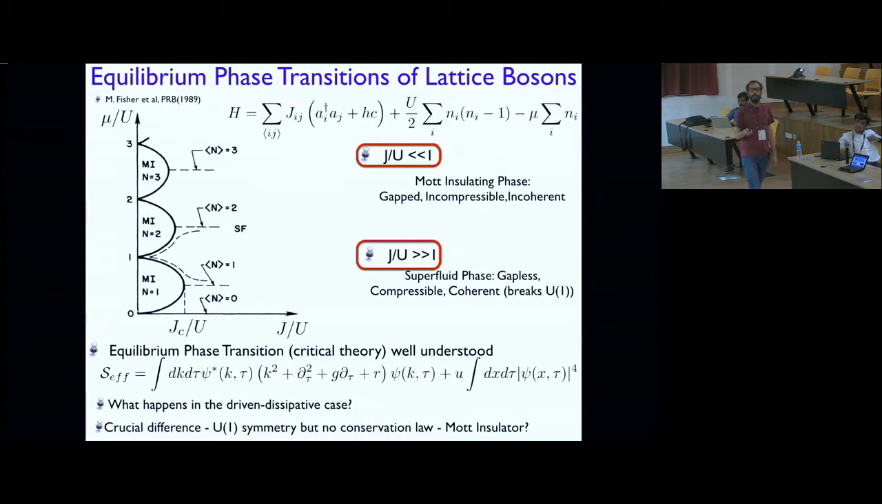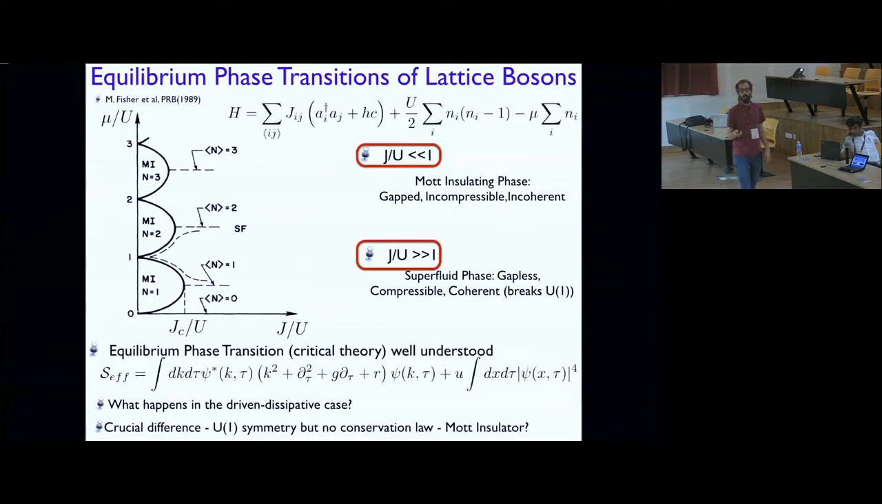very well, going back to the famous Fisher paper in the late 80s. And there are essentially two phases. One phase at very weak hopping, so essentially when these sites are almost weakly coupled, is an insulating phase, it's gapped and it's incompressible and incoherent, so this would be the Mott insulator. But as you increase the ratio between hopping and interaction, this Mott insulator becomes unstable towards superfluidity, which essentially means that the system becomes coherent and breaks the U(1). And the field theory, the critical theory of this model has been really well understood, the phase diagram, the universality,